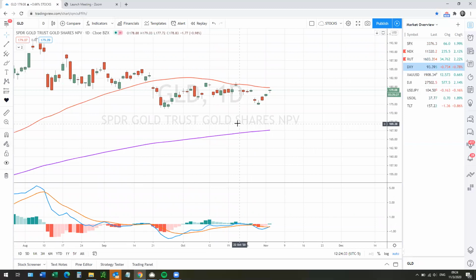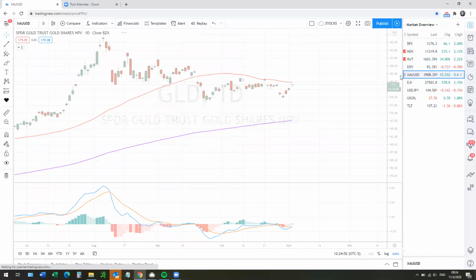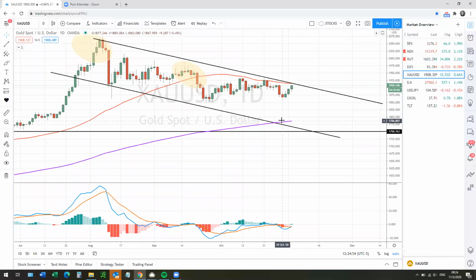There we go. Looking at gold really quick, it is a very interesting thing to see gold performing up with the market going up. This is supposed to be an inverse correlated type of commodity. This is a safe haven asset. So gold is performing very well today. You can see it also right here with this gold spot to the US dollar. Breaking above this resistance line here,